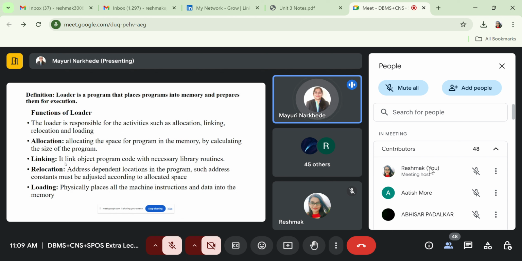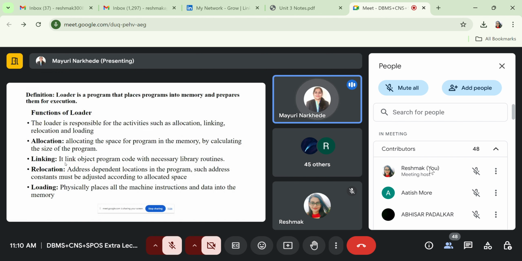Next, we are going to pass that object code to the linker part, right? And what is the use of the linker? What is the function of the linker? Linker links all the header files or the necessary library files with that object code, and finally the executable file will get created. .exe file, that we call this, right? The executable file of that program will get created, and next the picture of loader comes.